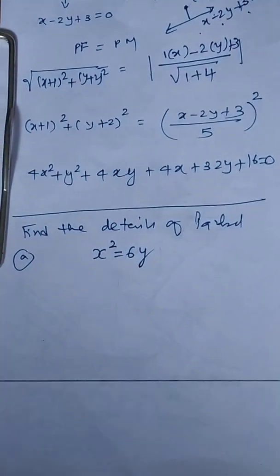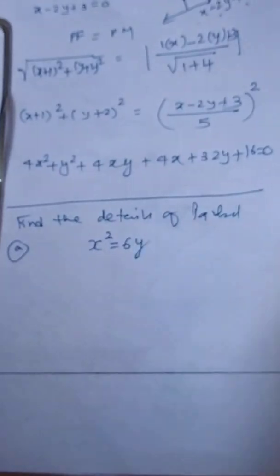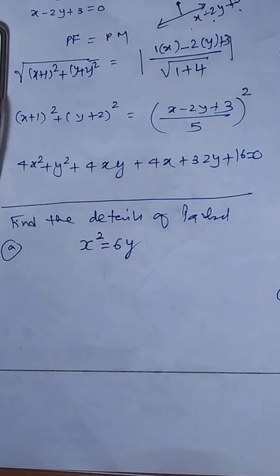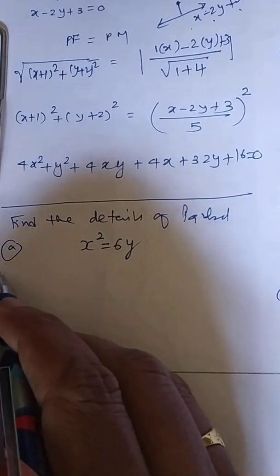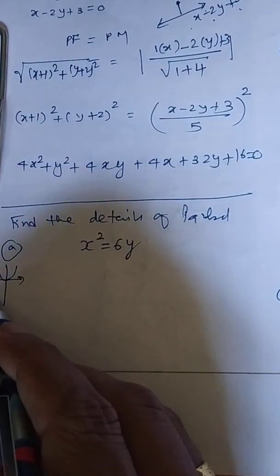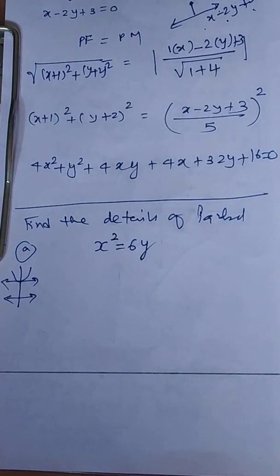The question will be asked: find out all details about the parabola whose standard equation is x square equal to 6y. Now try to recall all different types of the parabola: right opening, left opening, open upward, open downwards. Identify which is this one. And at the back of the mind you can draw a simple figure over here, which is not a standard figure. Always use this technique to get the answer.